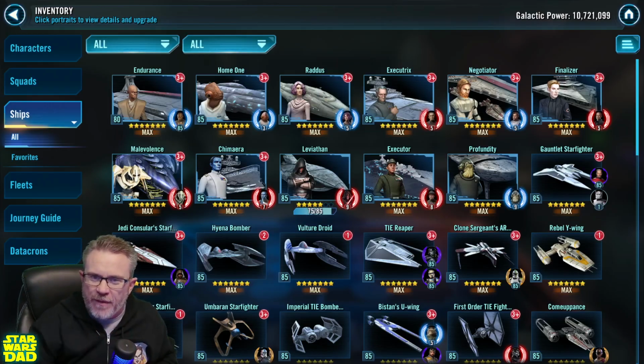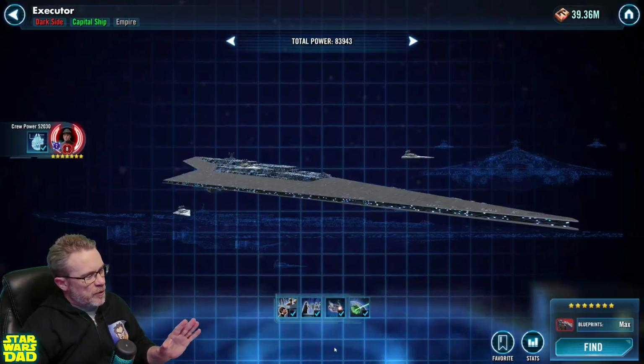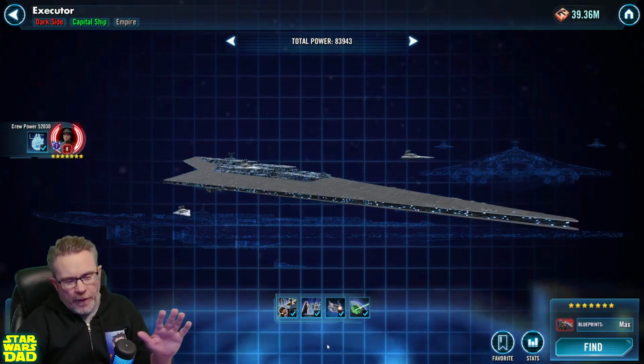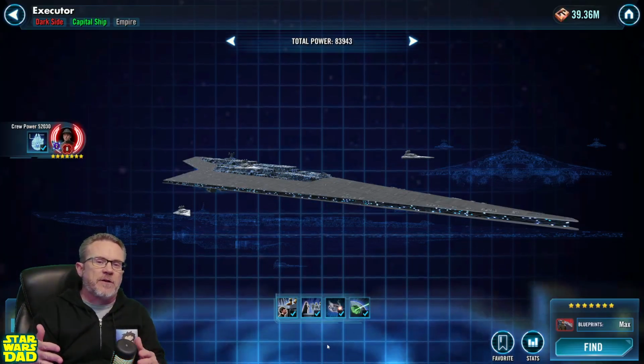Let's start off with my favorite ship in the game, the Executor. It's the first capital ship you should really focus on farming. I know there's the three basic ones that you opened up before that. All those are done with the Executor in mind. And yes, there are Galactic Republic